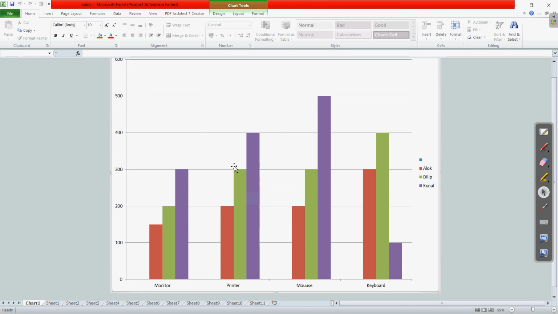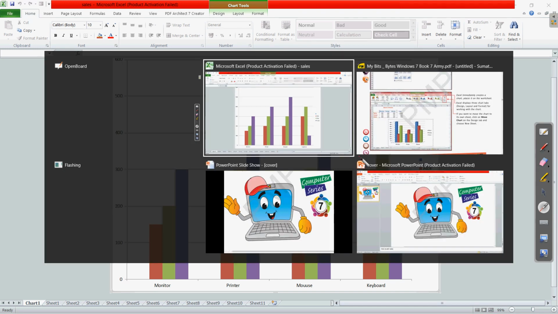Okay, so in case you want to move it, we can move it. So this was the step we have just followed to move the chart to a new sheet, and we have seen the 3 tabs at the top, which are the chart tools: design, layout and format. So these 3 will help us to modify, do some formatting and editing in these charts. Okay, come again to our textbook.